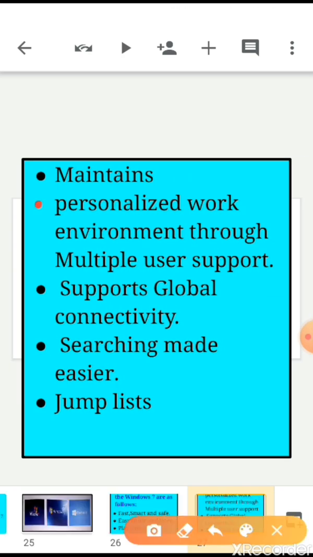Next, it maintains a personalized work environment through multiple user support. Next feature, it supports global connectivity. Next, searching is made easier. Next and last, jump list.